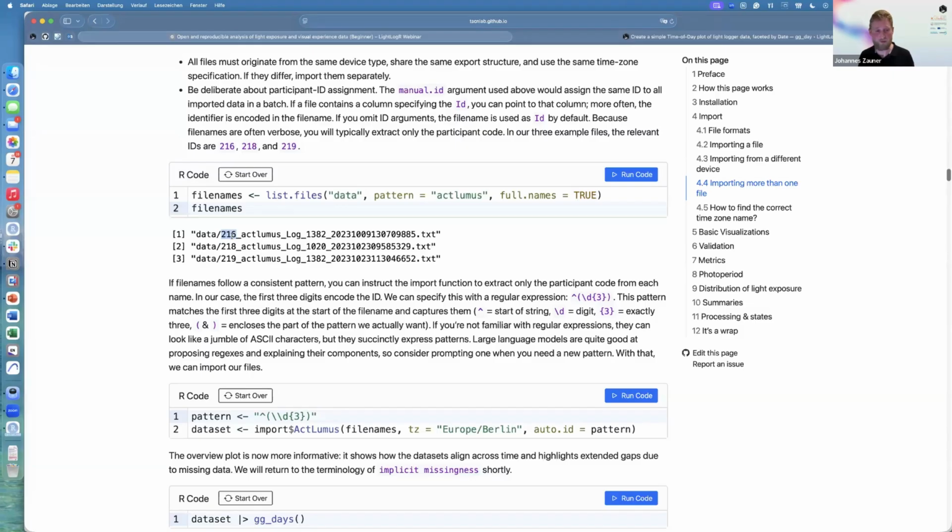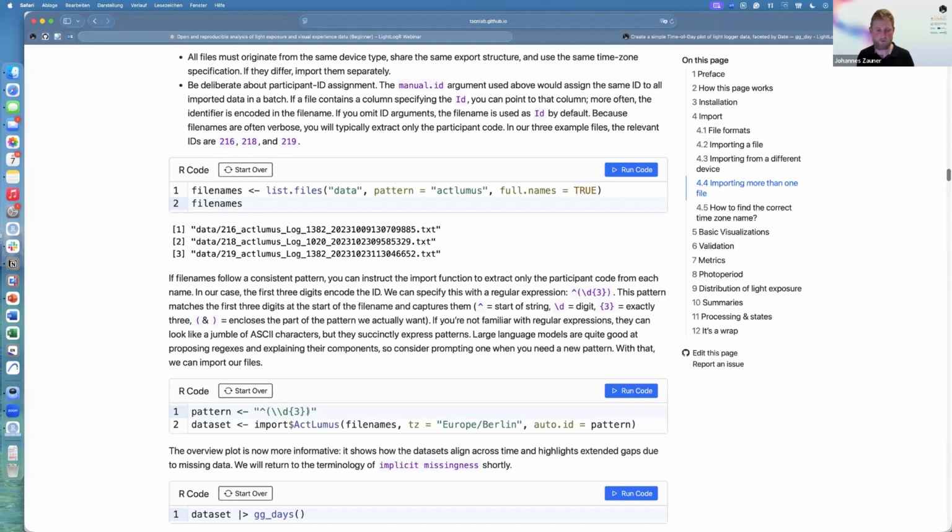I actually don't remember when I've written a regular expression the last time. In my opinion, this is exactly what large language models are made for: you are specifying what the pattern looks like, ask for a regular expression, and it will provide you one. So it is really very easy to generate those. And you get a very quick feedback if it worked or not. So if we run this code,